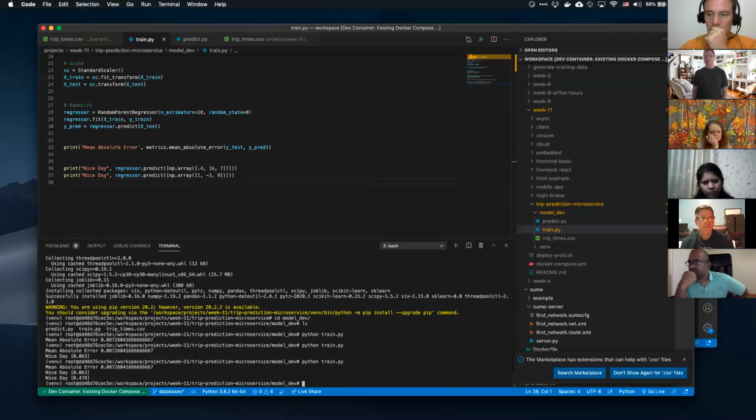So, how cool is that? We have a model that we can run really well and almost in real time. That was really fast, right? So that's pretty cool. We have a model we can run now to predict how much a trip time is at the beginning of a trip.